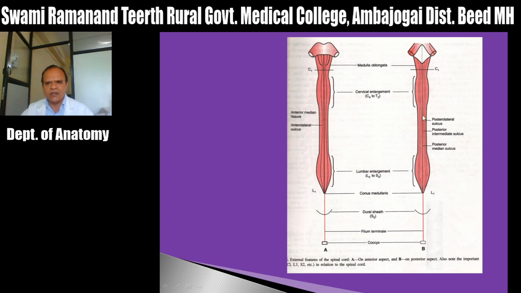Now see, supply is given to the trunk, and here the upper limb and lower limb are there. In order to supply the upper limb and lower limb, additional neurons are provided in these enlarged portions, and this is lower down the filum terminale. Okay, then we'll see the next part,